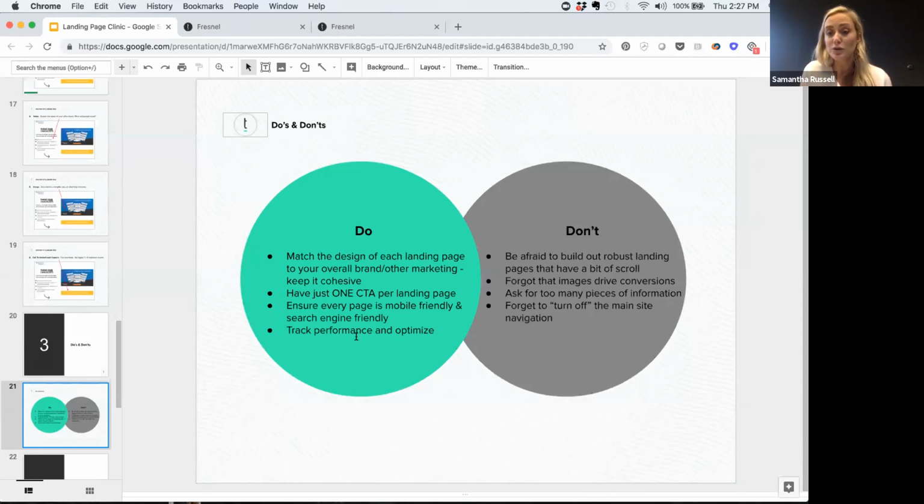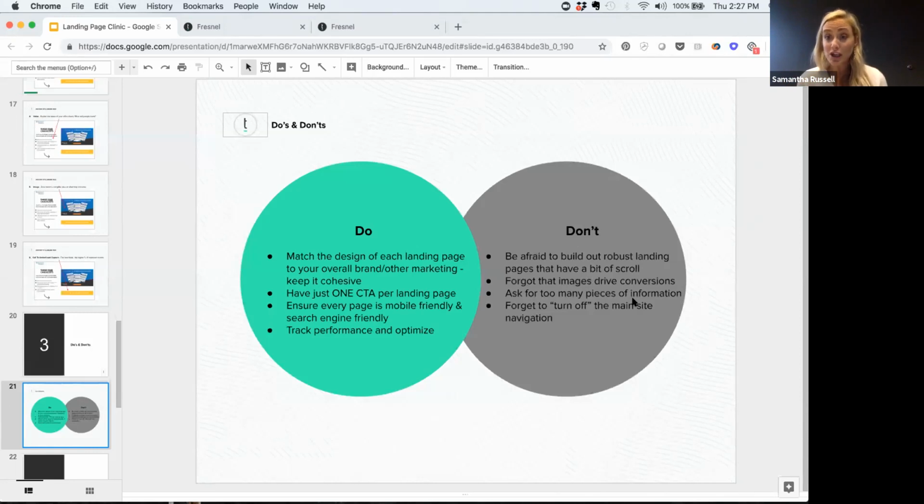A few things to not do. Don't be afraid to build out a little bit more of a robust page. I see a lot of people who think everything needs to fit on one screen for it to be considered a landing page, and that's just not true. You might have your hero text at the top and then scroll down a little bit and have a preview of the ebook and some information about why it's valuable, and then even below that, maybe a testimonial of somebody who used the ebook or read it and found value in it. So a little bit of scroll is okay.